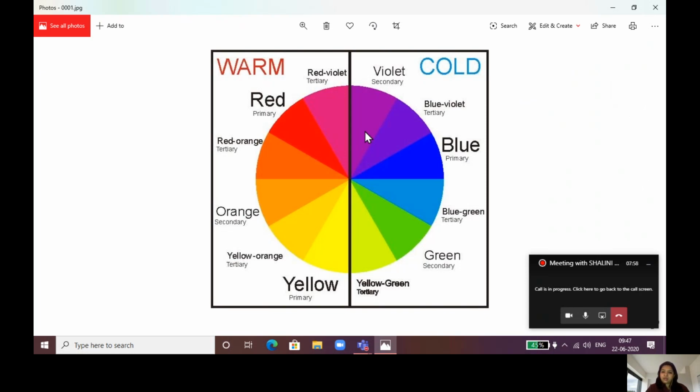Many of you, by looking only at the shades, sometimes cannot understand the name of that particular shade. So to avoid confusion, I have added this image so you can read the color labels over here. And the type of color is also mentioned below this, like yellow is a primary, yellow orange is a tertiary, orange is a secondary, again red is a primary, like that. I hope this is helpful for you all.